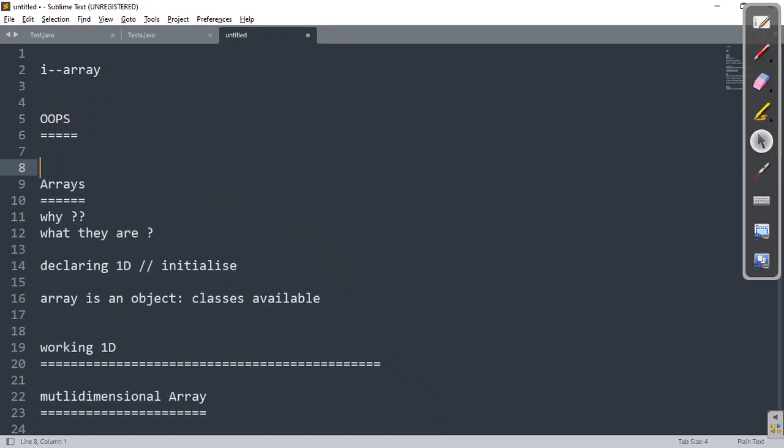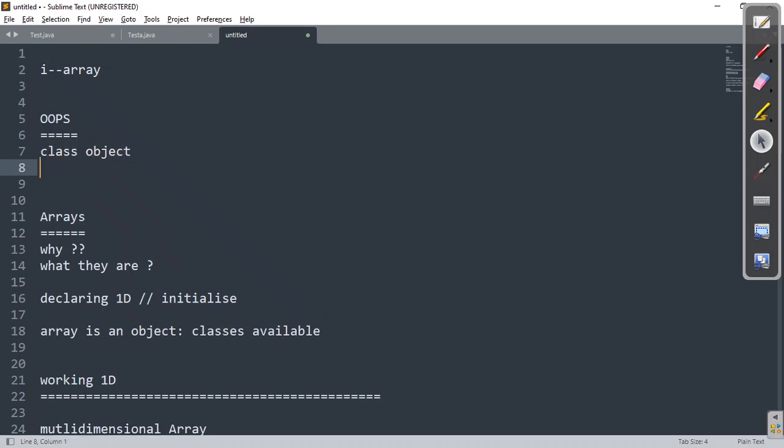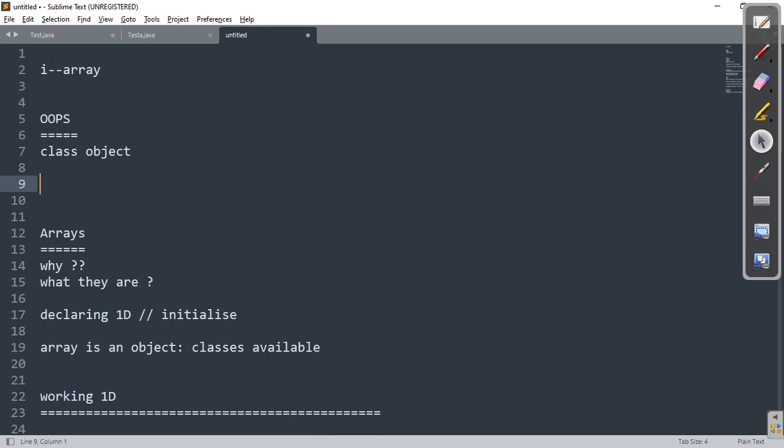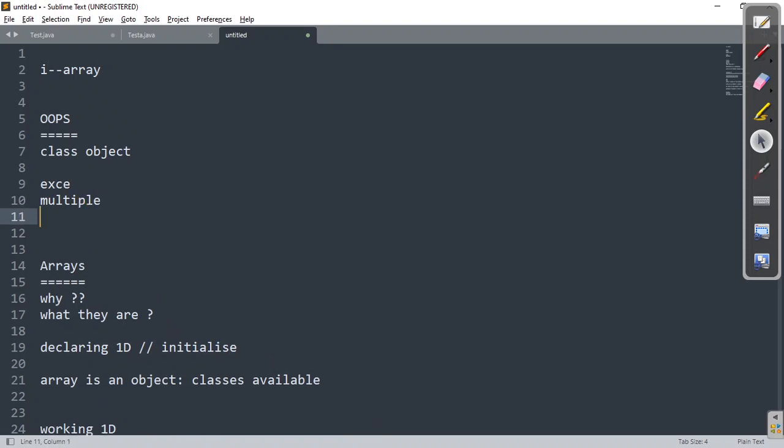We'll see how Java supports various OOPS properties starting from class, object to polymorphism, inheritance, all the concepts. We'll see in detail. Once that is completed, we'll again move forward. Few concepts like exception handling, multiple threading, a lot of separate things are there. We'll go through one by one, right?